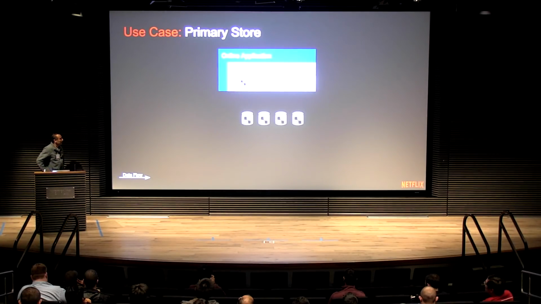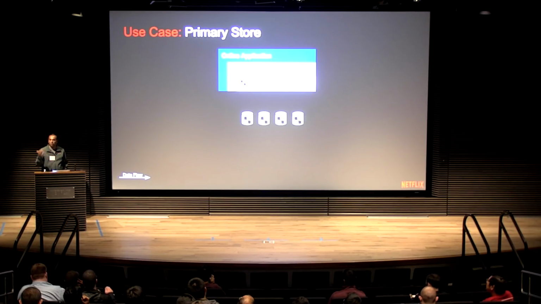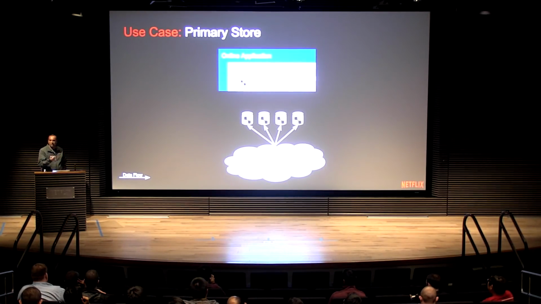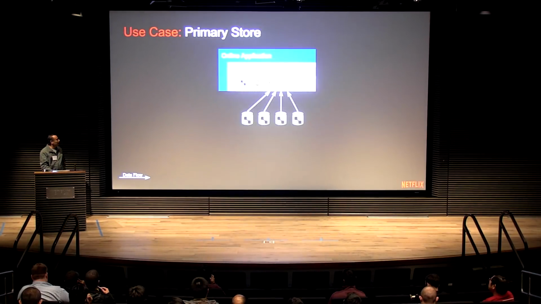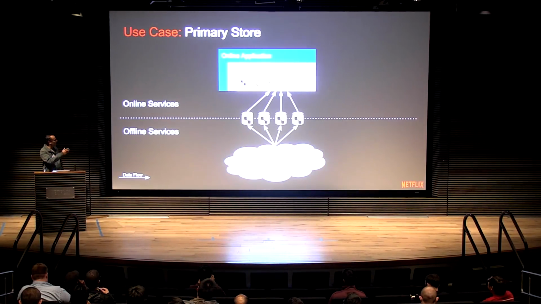Finally, another use case is EVCache itself as a data store, where the data is not stored anywhere other than EVCache. This is primarily used in a lot of our pre-compute systems. For all the hundreds of millions of users and profiles, we compute the recommendations and their home pages every day, and that data is directly stored in EVCache, so that any time you visit the website or use your device, the data can be fetched directly by the online application and presented to you. So the whole picture looks like this.